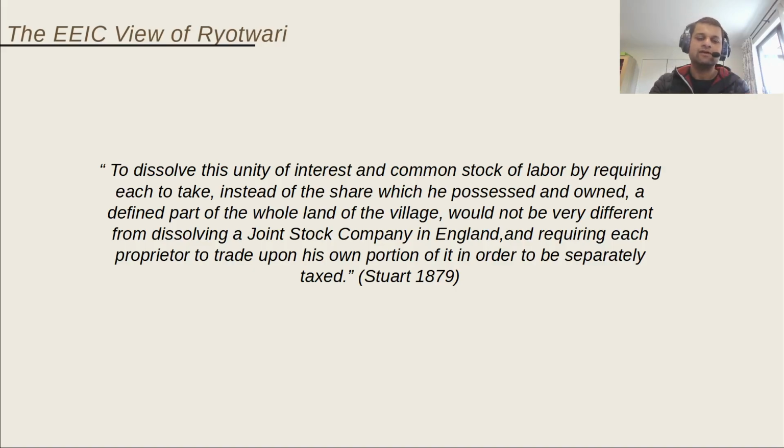So Rayatwari was being introduced in a lot of parts of Tamil Nadu, and the board of directors was actually opposed to this. So while the East India Company was, again, a looting operation, sometimes better sense prevailed, because their view of the Rayatwari system was to dissolve this